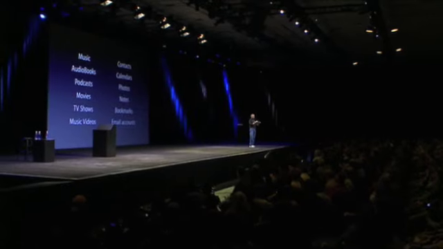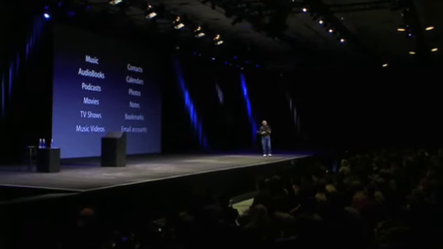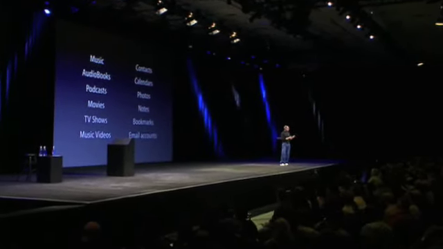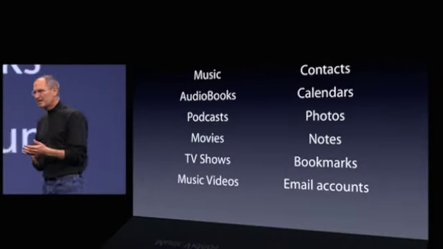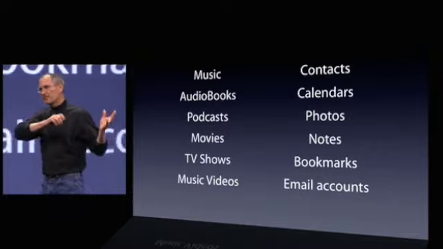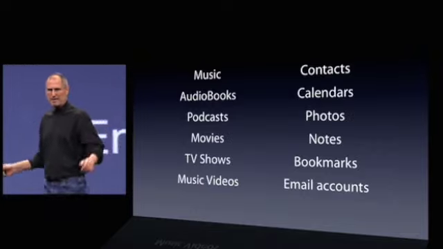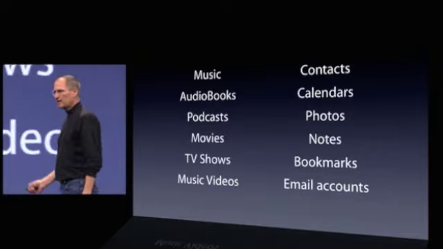And iTunes is going to sync all your media onto your iPhone, your music, your audiobooks, podcasts, movies, TV shows, music videos. But it also syncs a ton of data. Your contacts, your calendars, and your photos, which you can get on your iPod today, your notes, your bookmarks from your web browser, your email accounts, your whole email setup, all that stuff can be moved over to iPhone completely automatically. It's really nice. And we do it